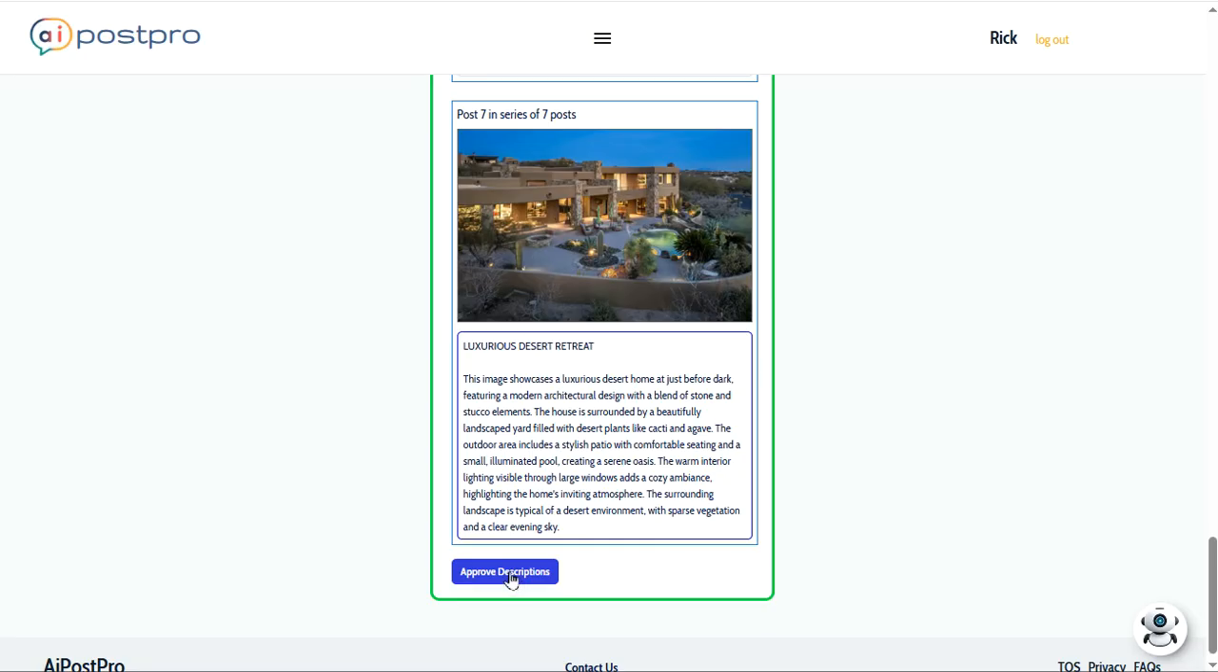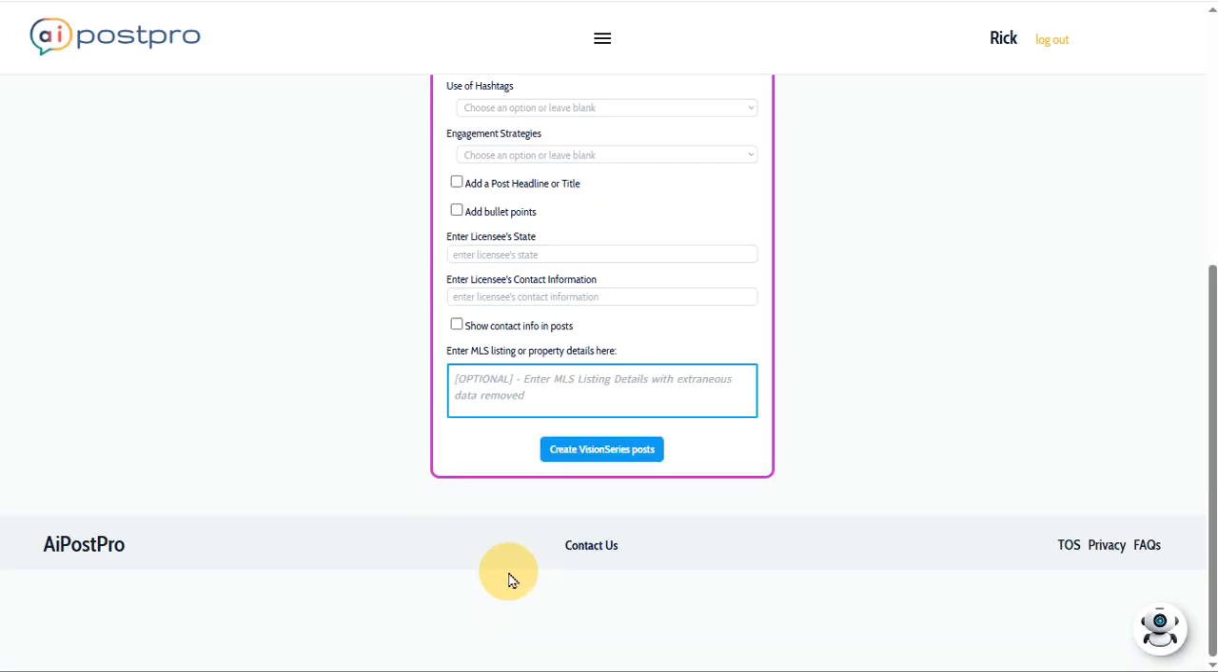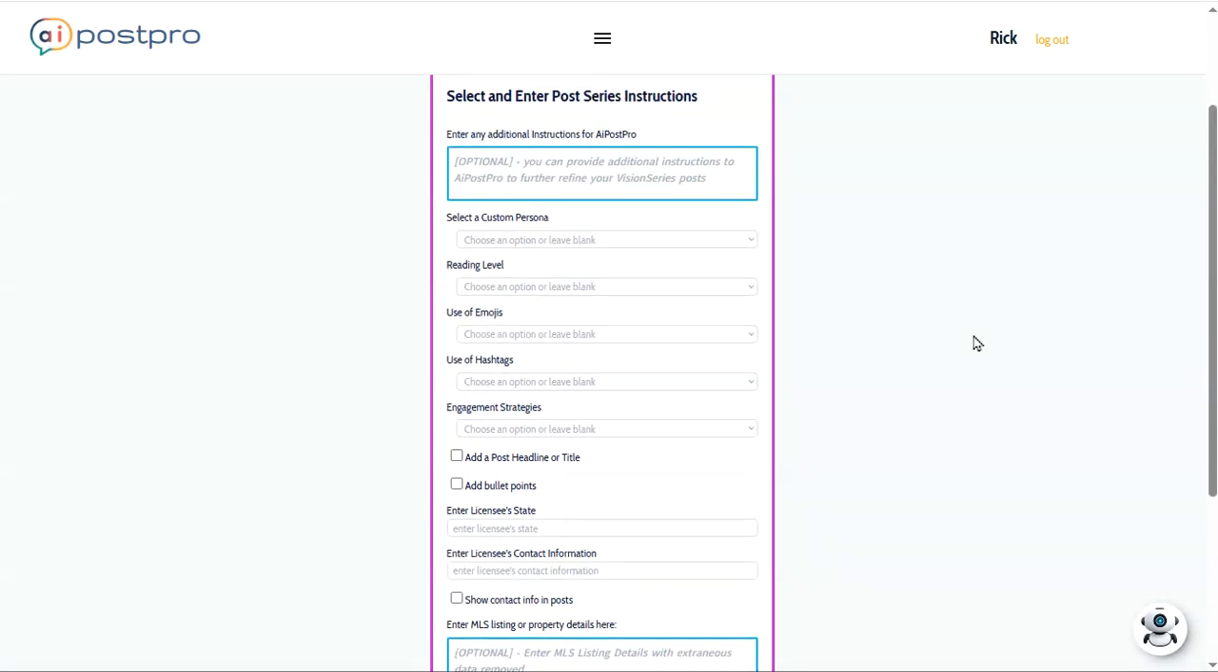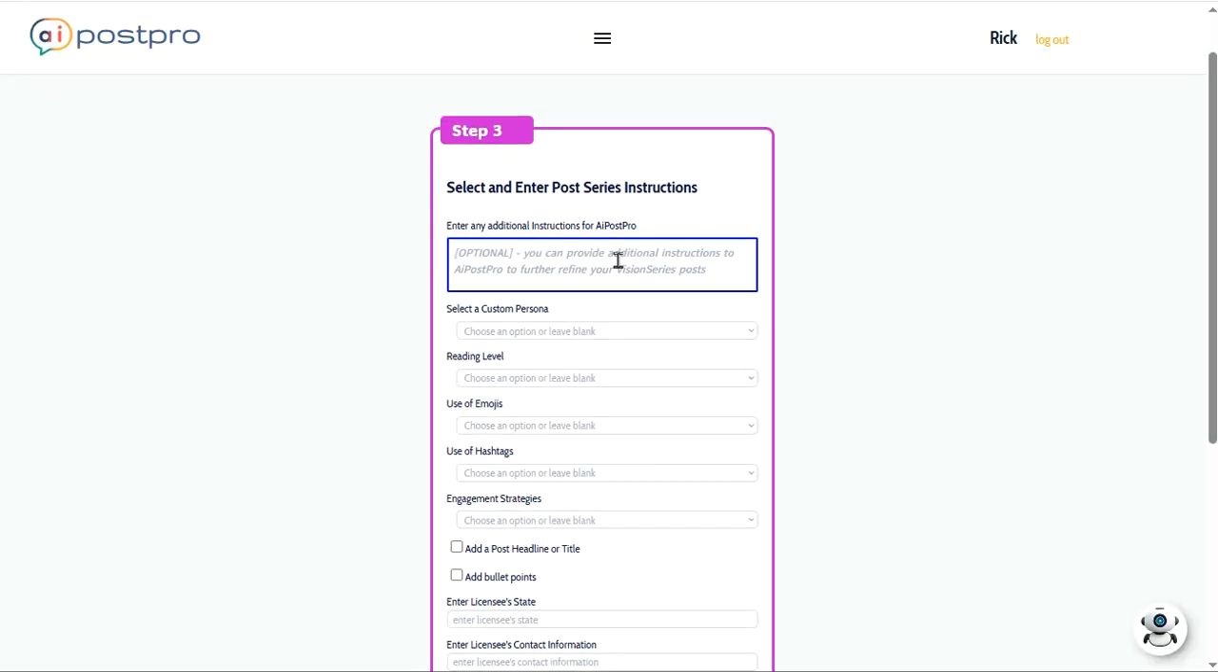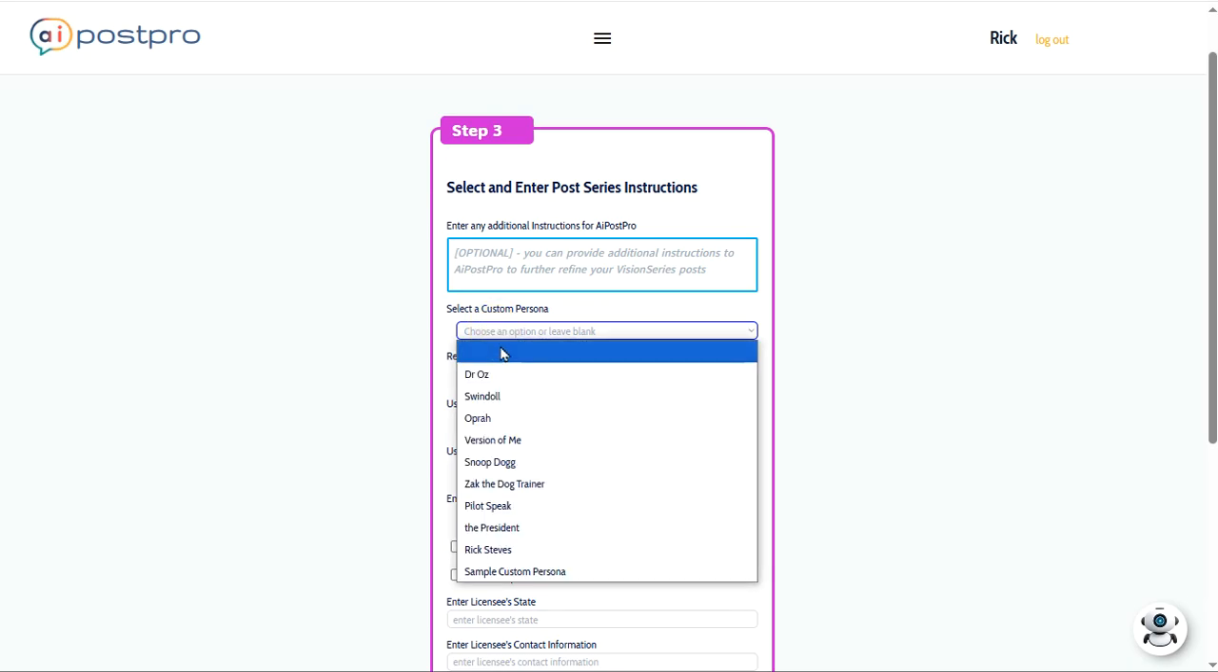So we're going to approve these descriptions just for the sake of this tutorial. And now we're going to come to our next form where we get to enter in special instructions. I can put in any kind of instructions I want in here. AI probably will try to follow most of them, but sometimes it has difficulty following some. But in this case, we're going to leave that blank, and we're going to come down here and create our